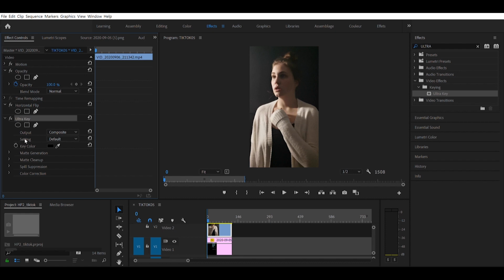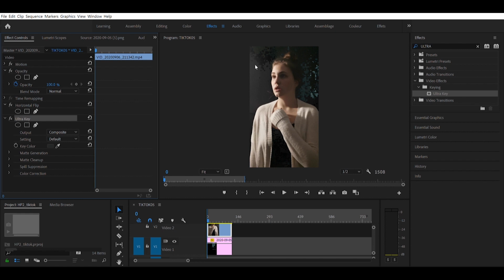You have this thing here called Key Color. If you click on this eyedropper tool, you could just go in there, and if I had a green screen, I could just click on the green screen and it would have been done. But as you can see, it's not really working for me here. What I need to do